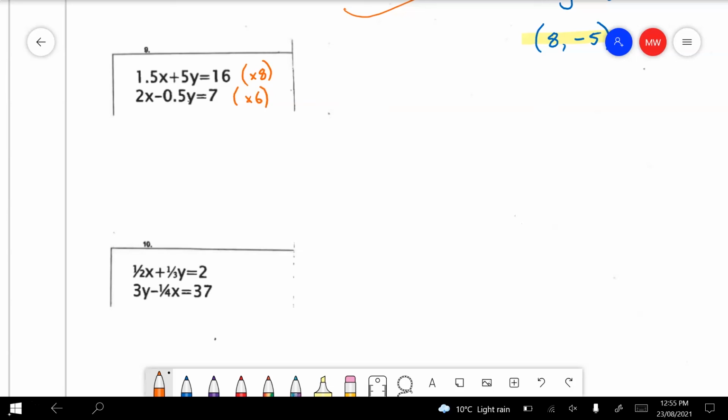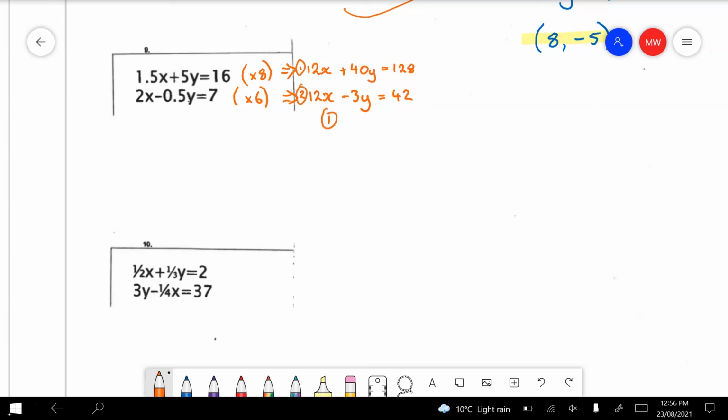Now you can do whatever you like with this, but in this case what I'm aiming to do is make the x's match. So I want to make them both 12x. So that's going to change this equation here to 12x plus 40y equals 128, and it's going to make this equation here 12x minus 3y equals 42. Now my x's match, they're both positive, so if I make this equation 1 and this equation 2,